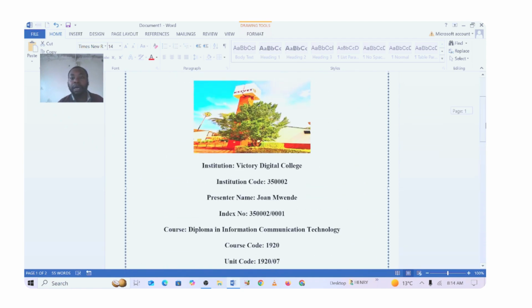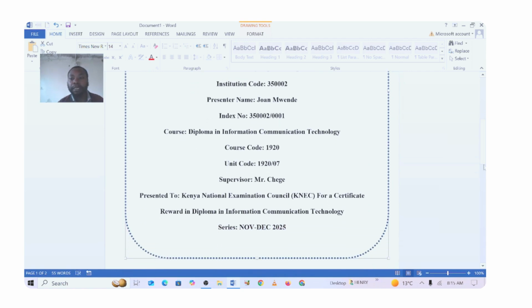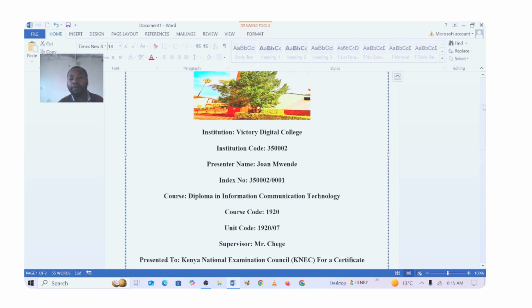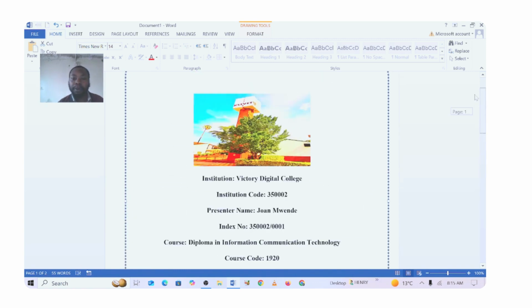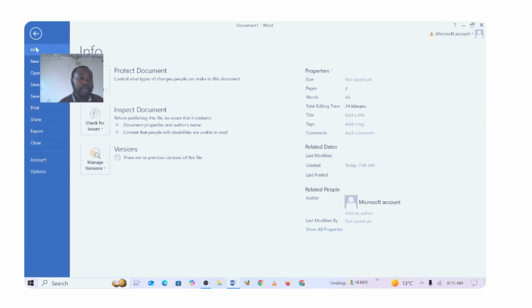So in the next session, I just go now to page number 2 of the preliminary pages. We see still how we come up with those kinds of pages, and the format that we have to follow whenever we want to come up with this kind of documentation. So I can save this document because it's not saved, and maybe I may need it for continuation of the next